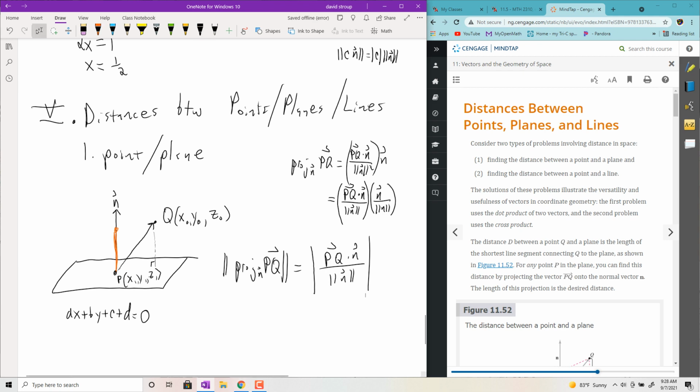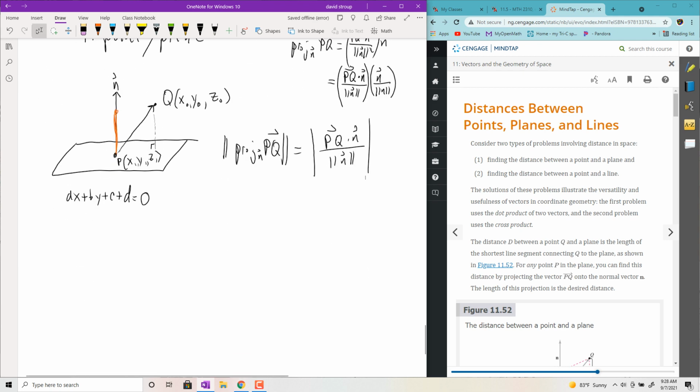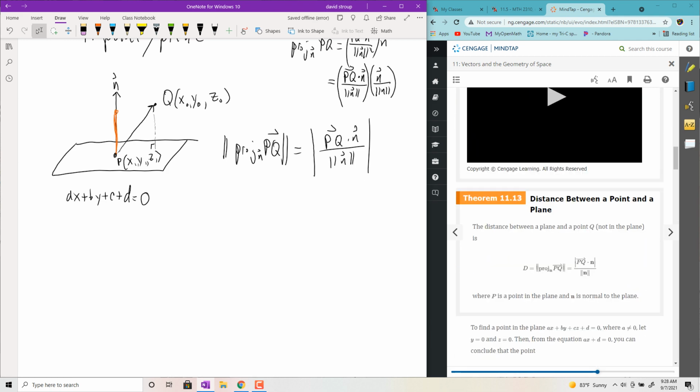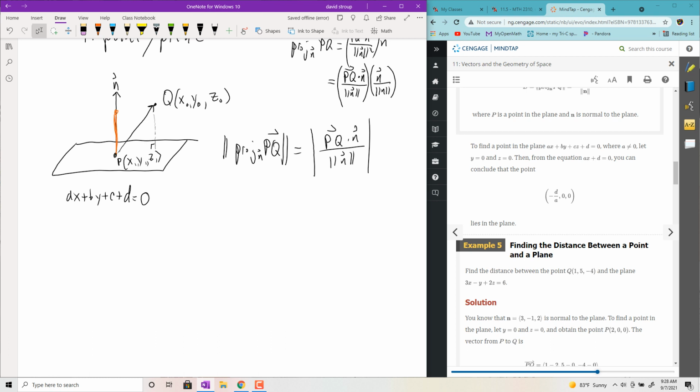Okay, so let's try one of these examples and see if we nailed it or not. See if I need to go back to the drawing board. So example 5, they're giving you a point Q in space, 1, 5, -4. And then they give you an equation of a plane, 3x minus y plus 2z is 6. So I need to find